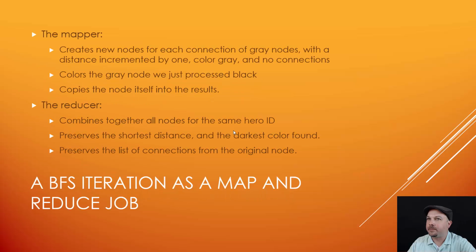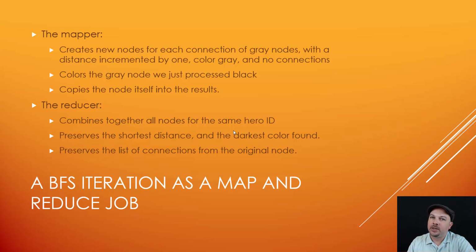the social graph. So the way we do this is by using a mapper and a reducer, a map function and a reduce function in Spark. So the mapper is responsible for creating new nodes for each connection of a given gray node. As we go through the RDD of all of our nodes, when we find a gray node, we're going to bust that out into new nodes. So we're going to use flatMap to do that because we're going to end up with potentially more nodes than we started with, right? At the same time, that mapper will make sure that we change the color from gray to black as we do that, and the original node we started with will be preserved and copied back